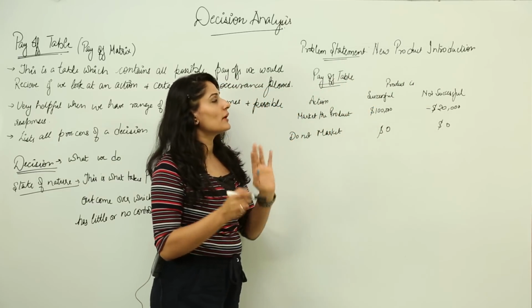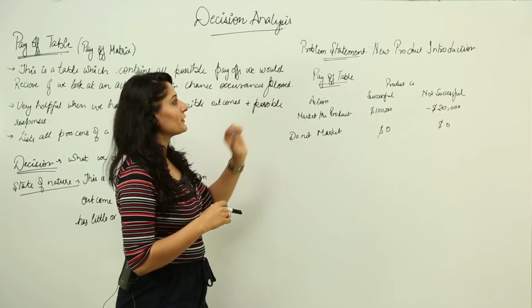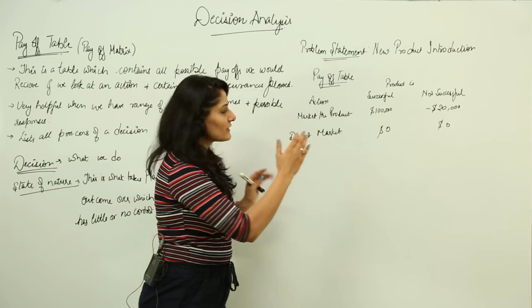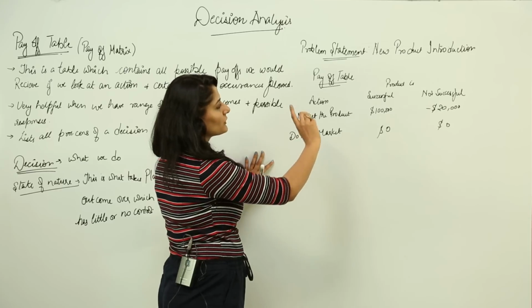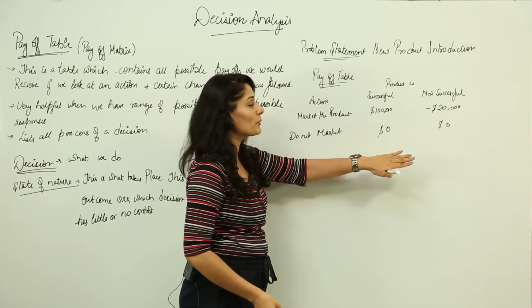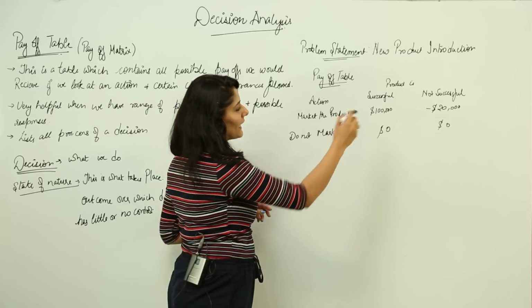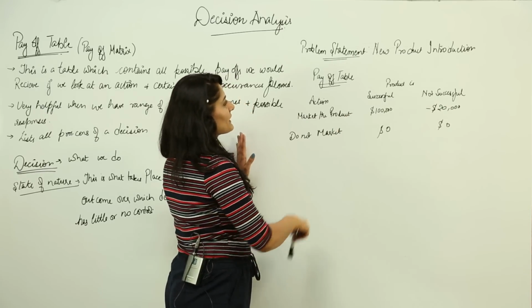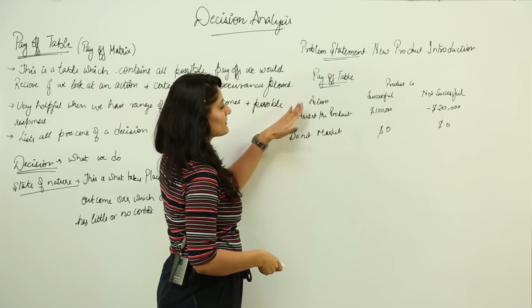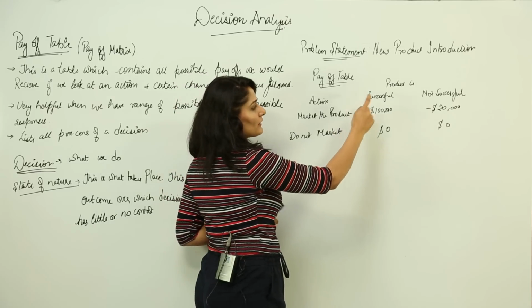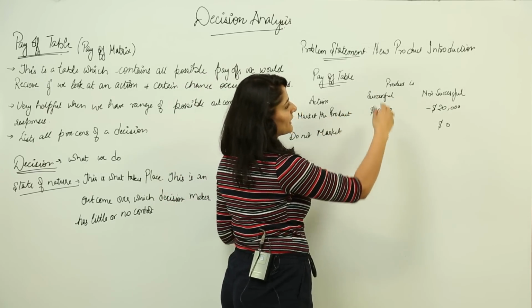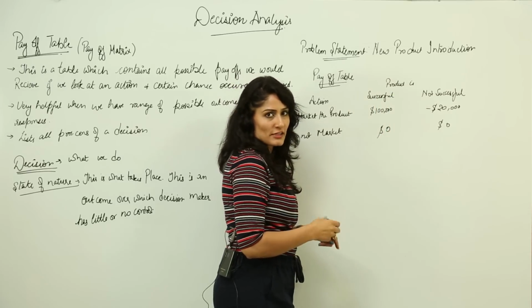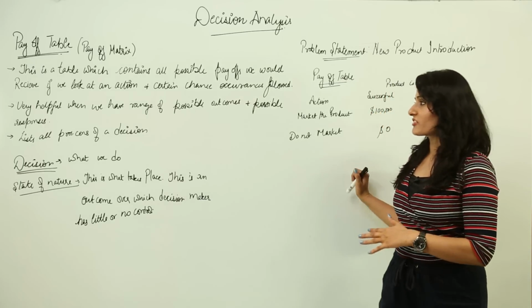It would look something like this. This is a payoff table where we have this problem statement, new product introduction. In this payoff table, I have only mentioned the expected values. Here the probability is missing, right. That I will show you next. So basically a payoff table looks something like this: the action we take, and the expected values for the alternatives that it can be successful or not successful. So this is how a payoff table looks.